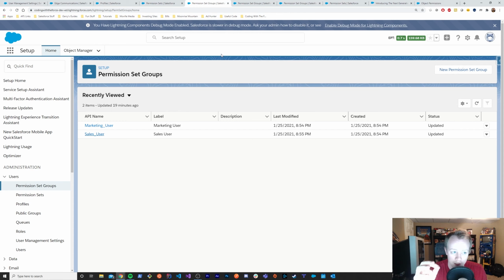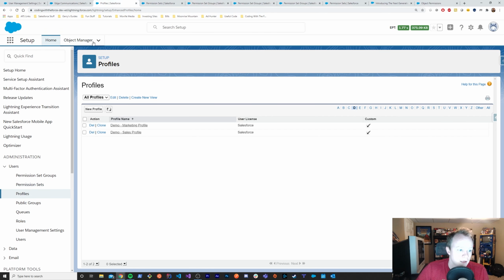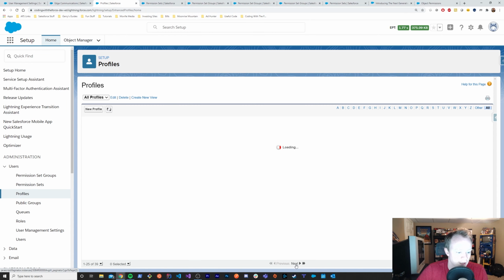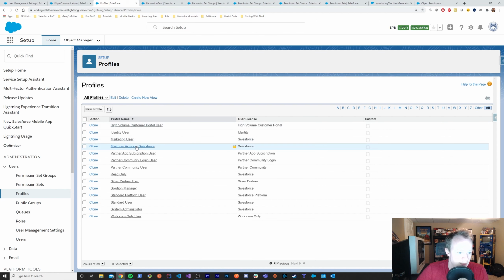What I would suggest these days is a profile called, I believe, the minimum access Salesforce profile. What I suggest, if you can take the time to do it, is for every user type that needs a different